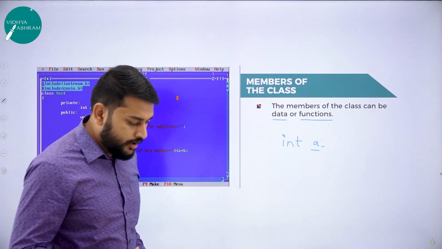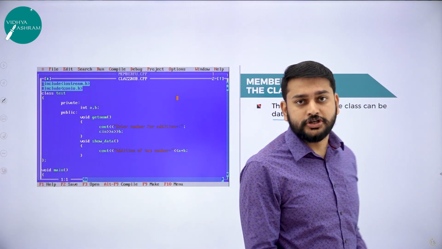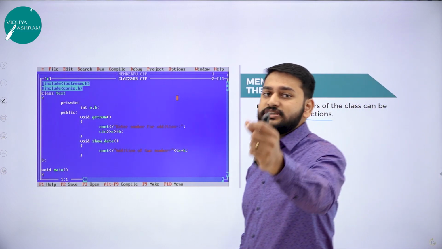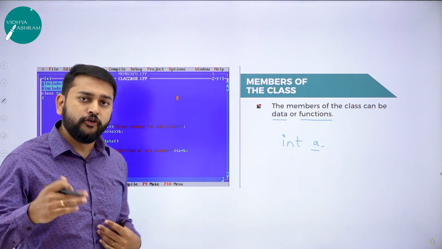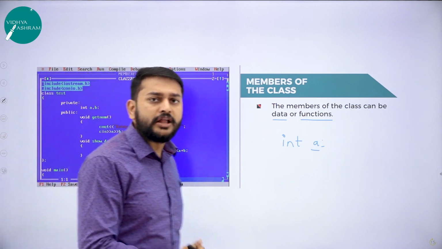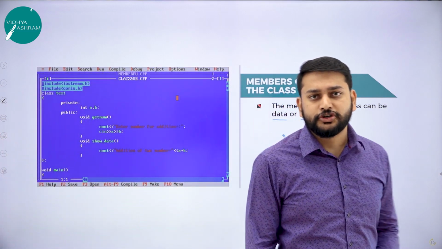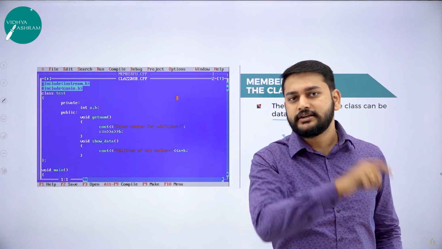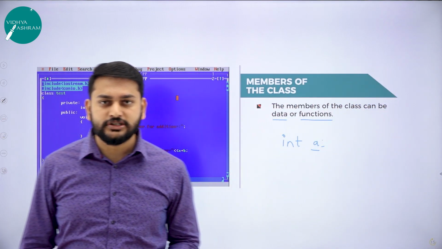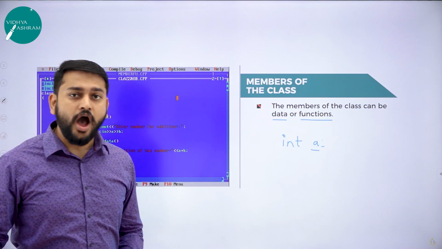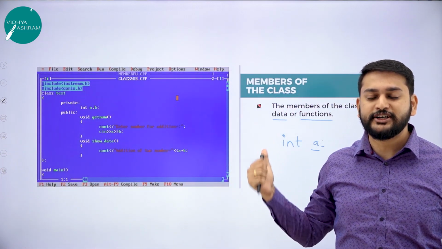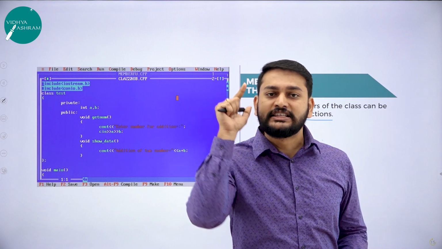So sir, we don't know much about this member function. Of course we know about this variable. So we used to write int a comma b comma c, whatever the variables that we want, float a comma b comma c. All those things we know, but we don't know much about member functions. Yes, to answer this doubt, I am here for you in this session, my dear students. What is member functions? How many types of member functions that we have is what I'm going to discuss in today's session. My dear students, stay tuned.